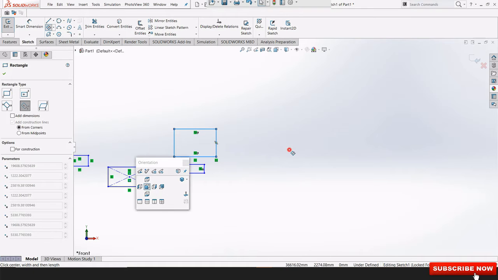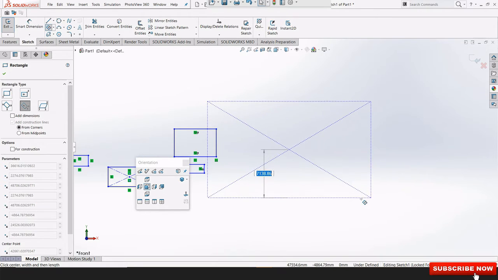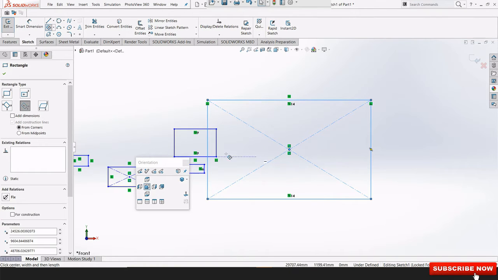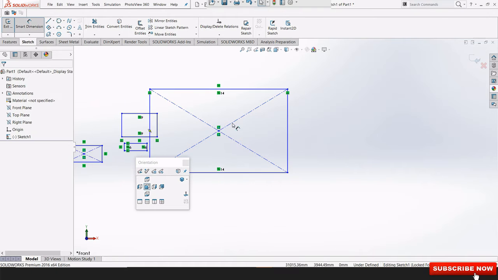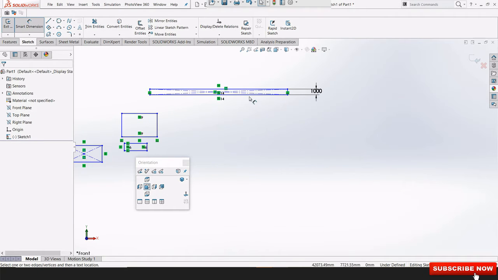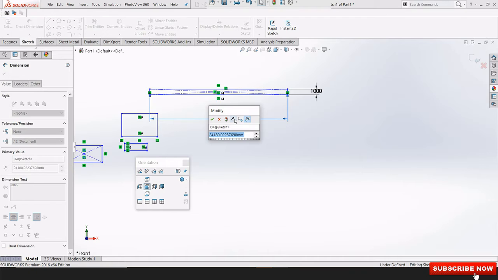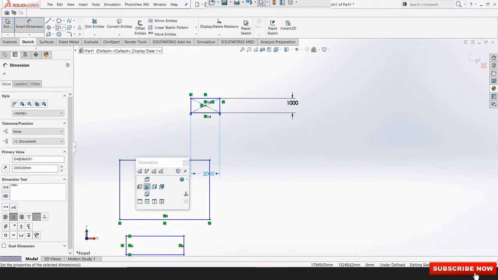Let's see. So this is a point. You will have to start from a point, then click another point, then give the dimensions of half of the width, and you can also give the dimensions over here like width 1000 and length 2000. So this is your rectangle.